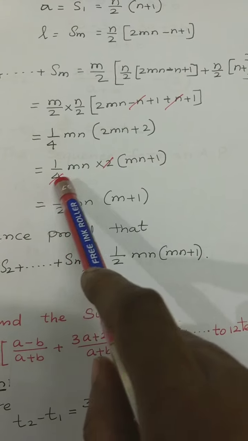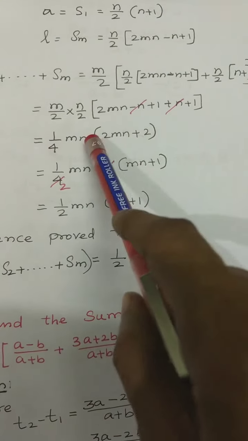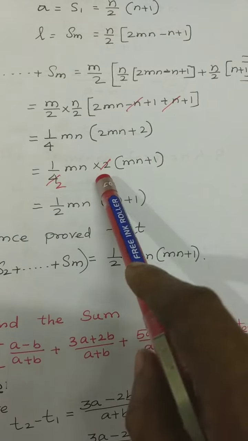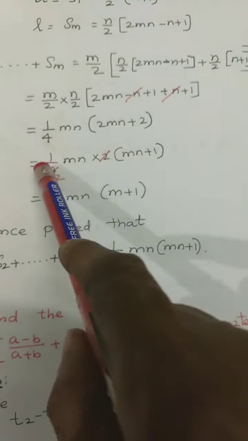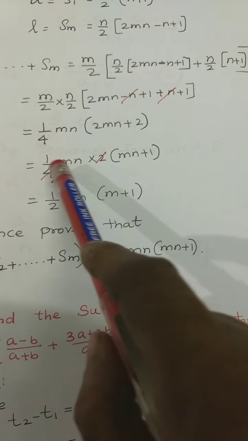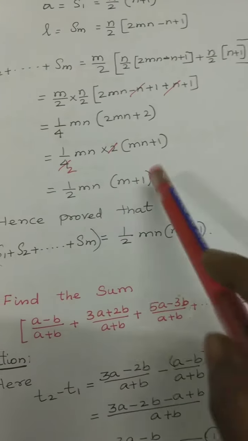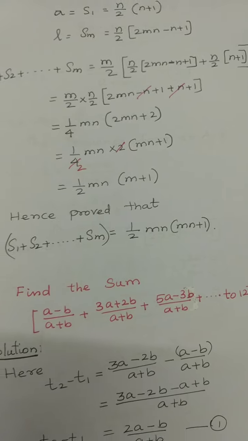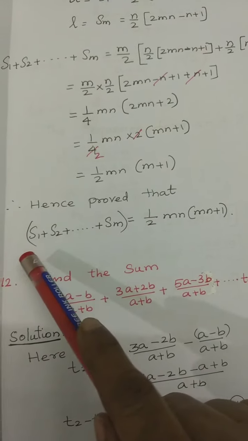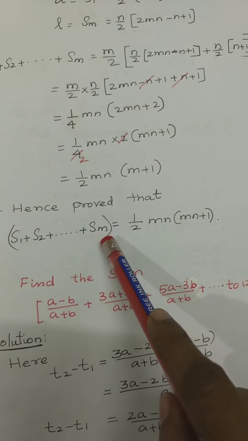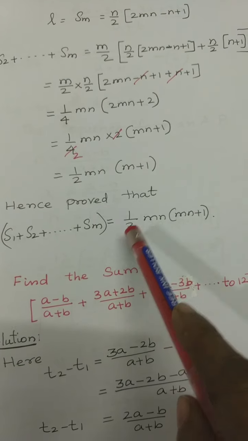So here we can cancel. Here also we can take 2 common outside. Then you cancel these 2. Then it will come as 1 by 2 mn into m plus 1. This only we have to prove. So we proved that S1 plus S2 plus so on plus Sm is equal to 1 by 2 into mn